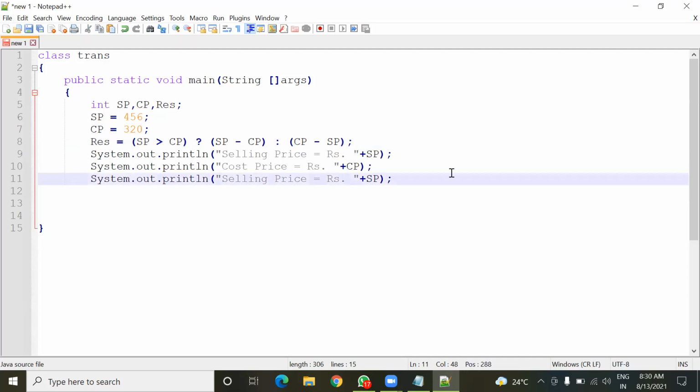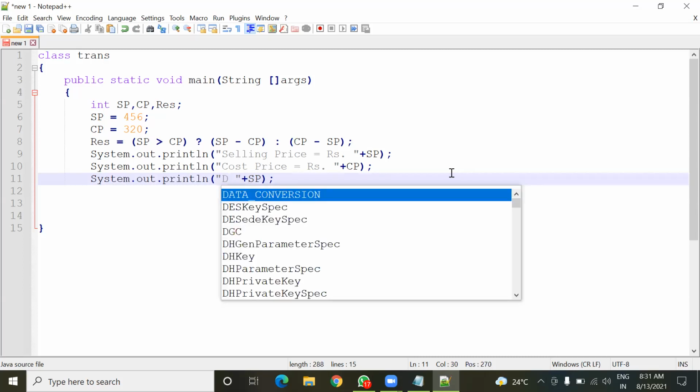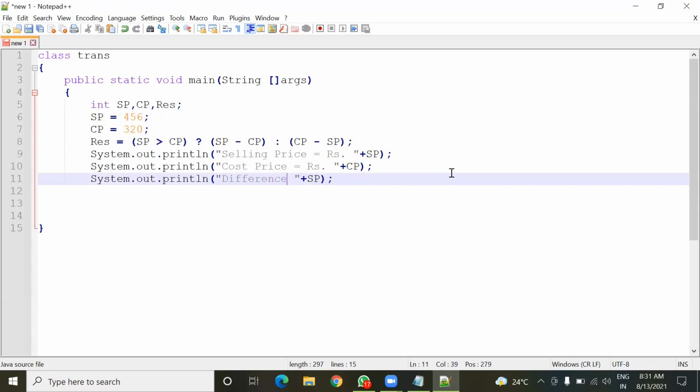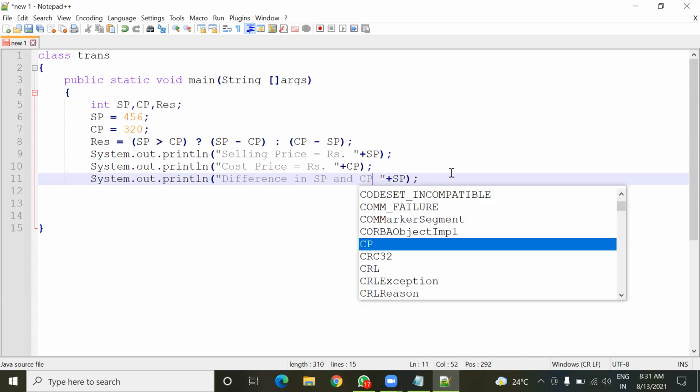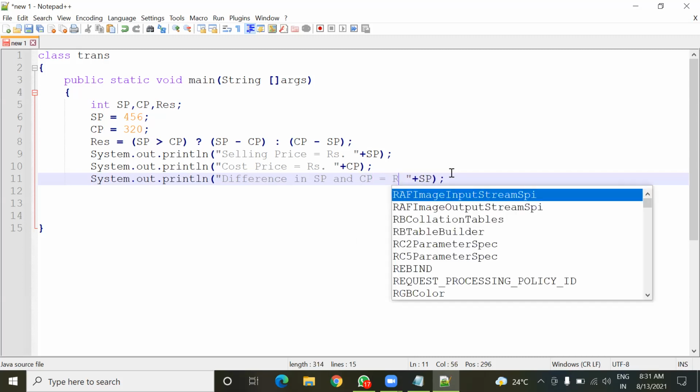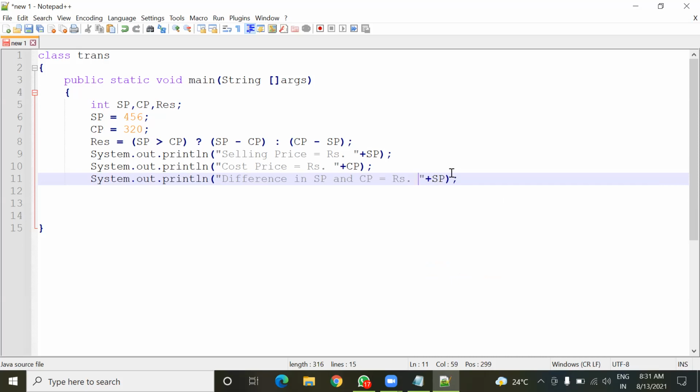So what message can I give in this case? I can give: difference in SP and CP equals to rupees, and it is stored inside the res variable.